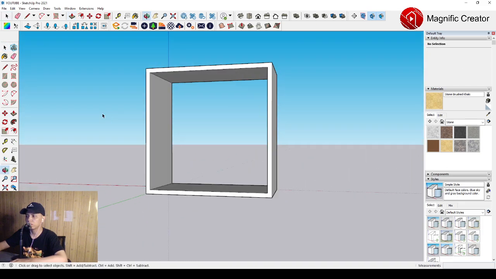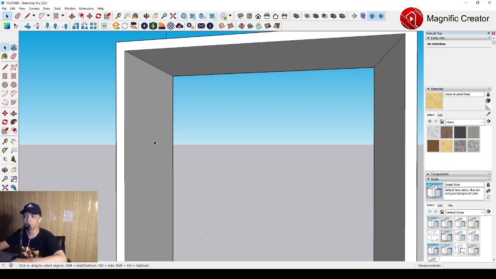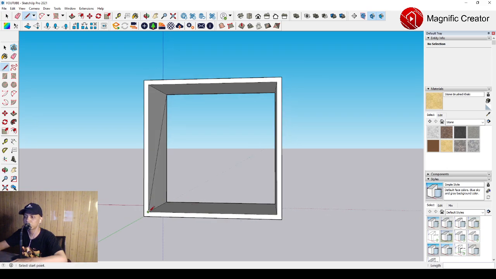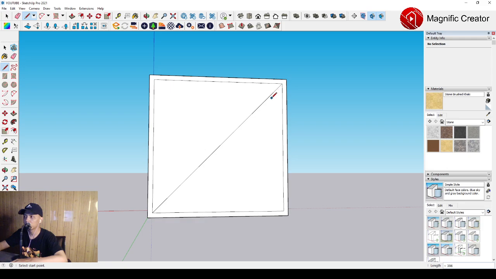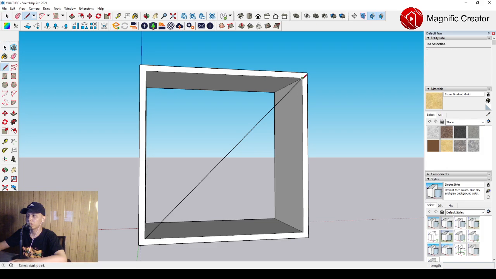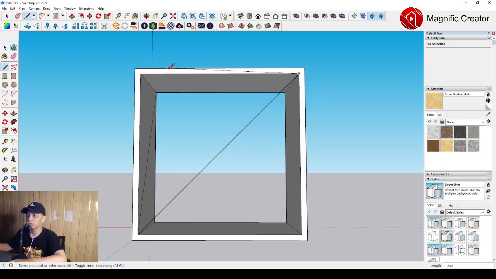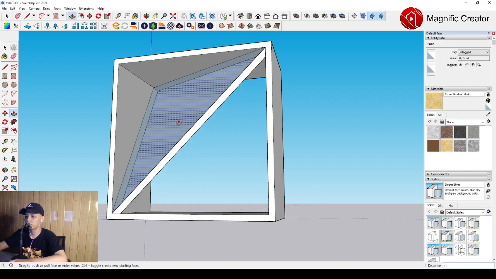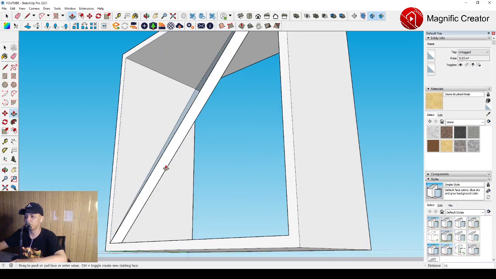Okay, and then we can make the line right here. Start from this corner and this corner. Then we can start making a line in here, just like this. And then we can delete some unnecessary lines. Then we can make the diagonal line over there. Okay, and then we have to push it to the back, just a little bit,